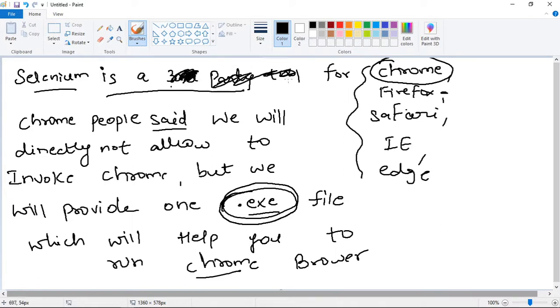Anyways, what I mean to say is that if you want to run your Chrome, the people who have developed the Chrome browser will not directly allow you to invoke it. But we can download one .exe file which will help you to run our Chrome browser.